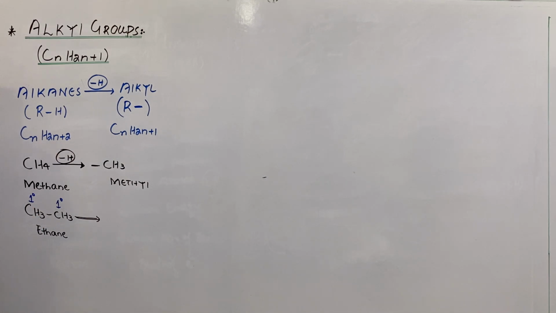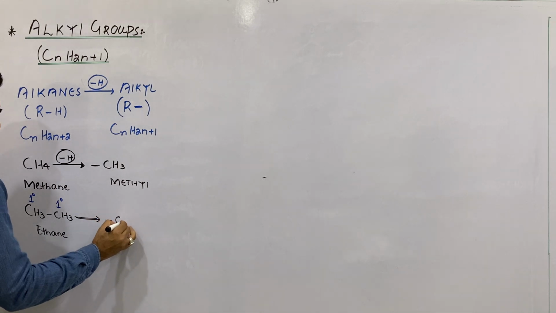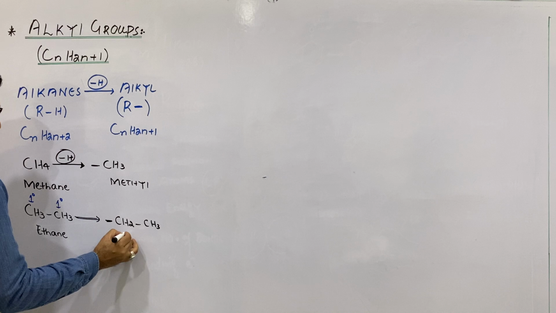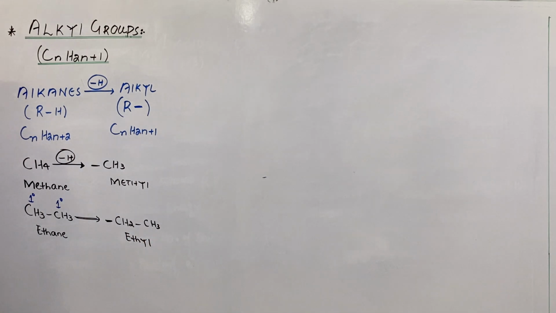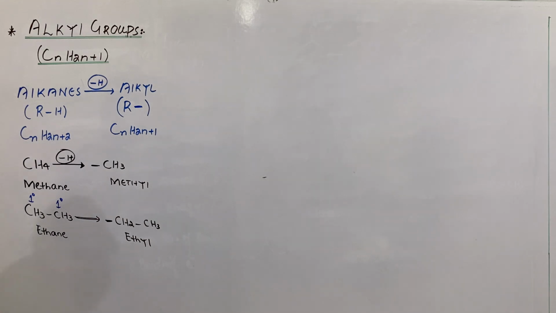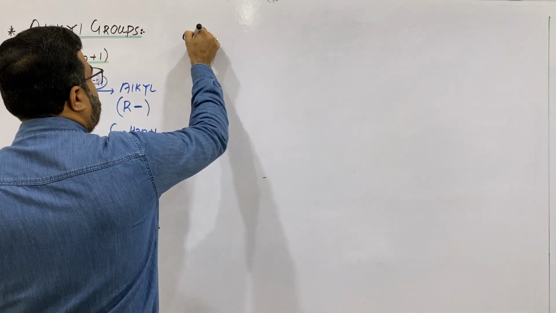You can remove hydrogen from any of these two, and when you will remove hydrogen from any one of these two, you will get this alkyl group, which is basically called as the ethyl group. And my dear students, the hydrogen which are attached to the primary carbon, they are called as the primary hydrogen. So in this example, all these 6 hydrogens will be the primary hydrogens and the 2 carbons will be the primary carbons. Now let us move towards the third alkane,